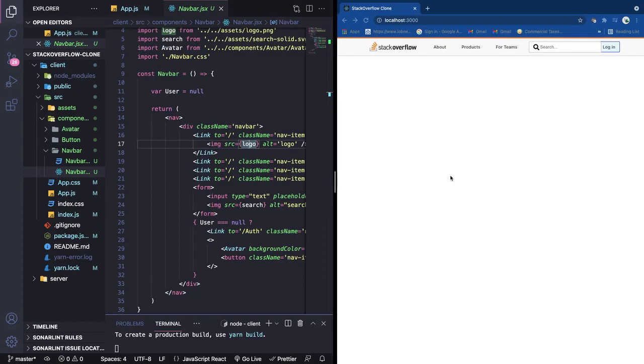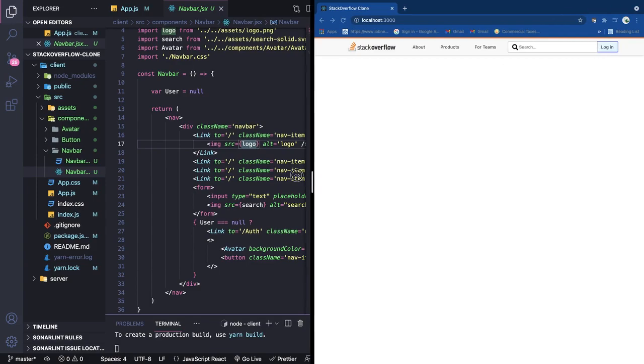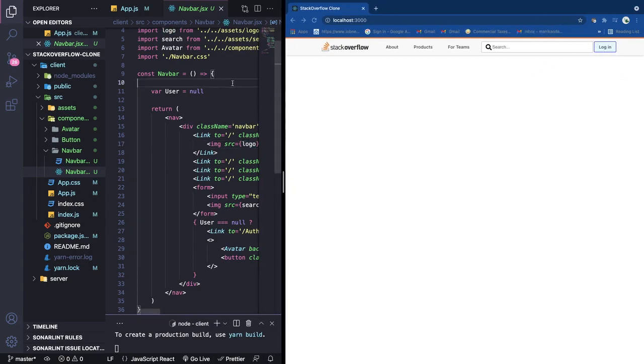If you have gone through the previous lecture, we have done the avatar as well as the logout button. It is not appearing here because we have to give some values to the user. So if we just refresh the page, you can see we do have the avatar as well as the logout button,